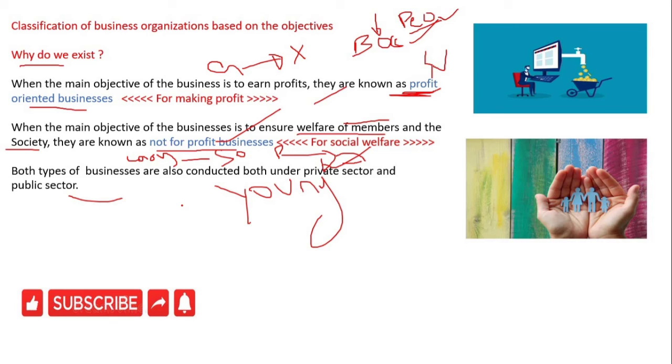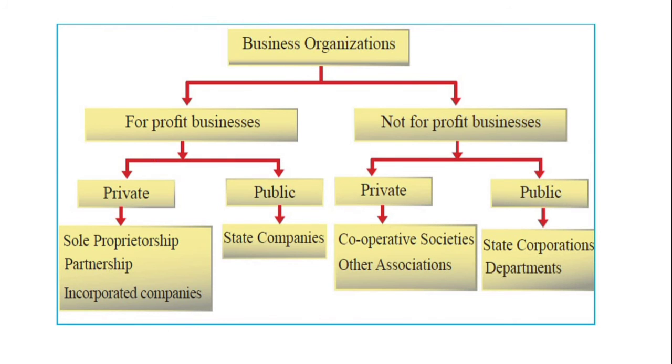So, business organizations for profit: private parties are also earning profit, and the government is also earning profit. State companies, VOC and People's Bank. Sole proprietorship, partnership: Ramu Stores, sole proprietorship; Ramu and Sharatko, partnership; Ramu and 11 Friends Mart Private Limited, company, earning profit, right? Public, VOC, People's Bank earning profit.